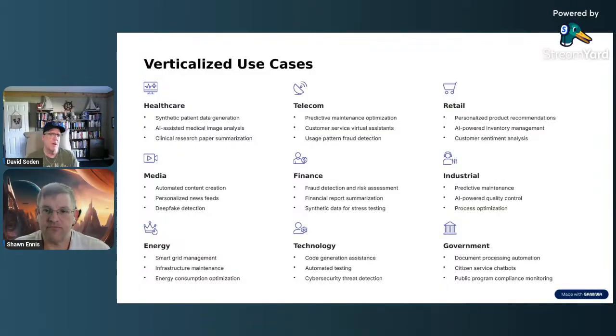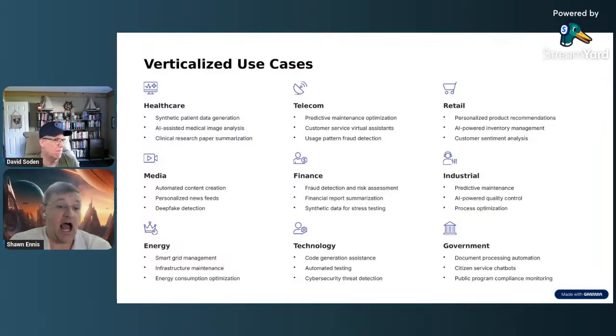So even if you're a vertical, it doesn't always mean that you need to stay in your lane. Look and see what other verticals are doing specifically in their sector and keep an eye on them, because you might have an aspect of your business that can leverage existing use cases. Don't reinvent the wheel. Learn from others and just rinse and repeat as much as you can. Shawn, anything else you want to add on that? Otherwise, we can pick up another topic.